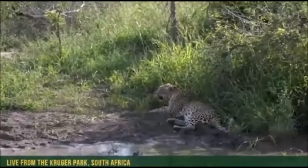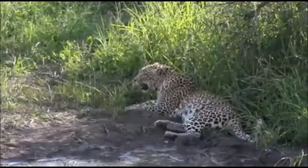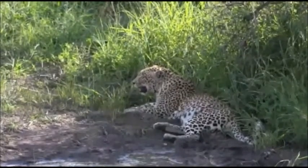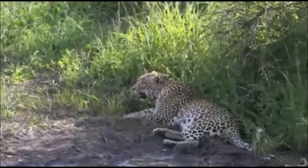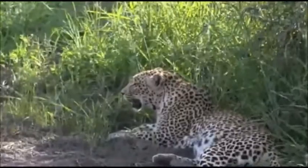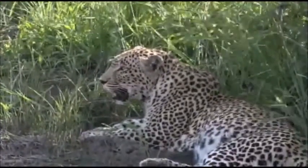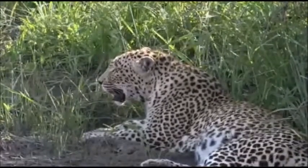As far as we know, she does have a carcass that she's busy finishing up on, and so this cool area will just help her stay out of the heat. It's an incredibly hot day today, and so for her, she's found the perfect place just to lie down. You can see that very rapid breathing that she has at the moment, the panting that she's doing. That is all just in an aid to try and cool down that body. So she's trying to get rid of all this hot air that is building up, and trying to get herself